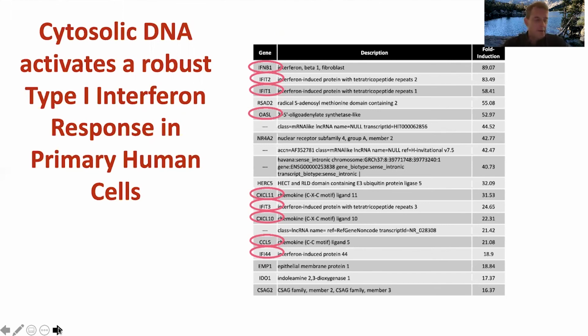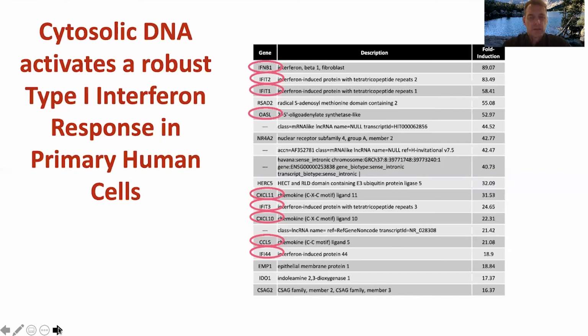The first barrier is that cells, unlike the tissue culture cells we use in the lab, like HEK293Ts and HeLAs and K562s, which for reasons we don't understand have inactivated their cytosolic DNA sensing mechanisms, primary human cells have that sensing mechanism intact and thus